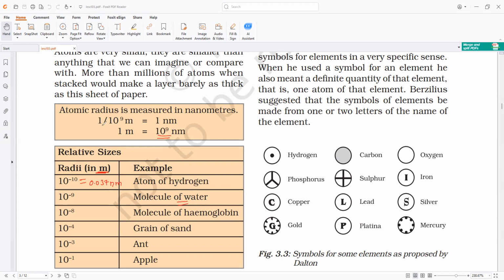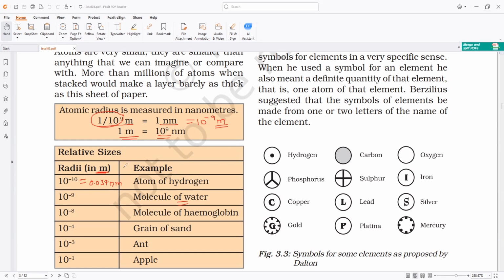So 1 by 10 power 9 meters is equal to 1 nanometer. 1 meter is equal to 10 power 9 nanometers. This 1 by 10 power 9 only, I can write as what, everybody? 10 power minus 9 meters. Minus 9. Understand? Clear, everybody? Yes. So you can see the size of atoms are of the order of 10 power minus